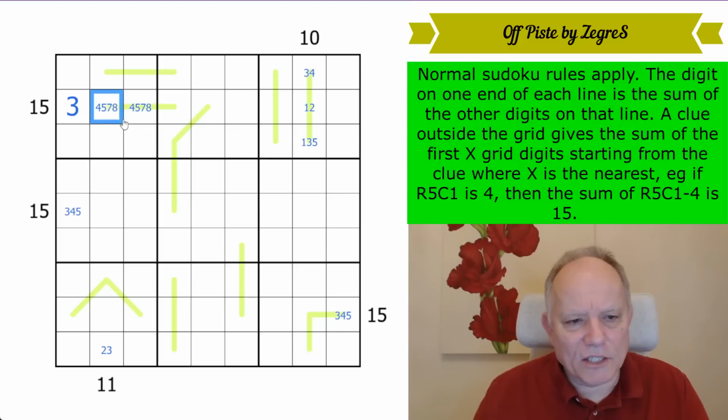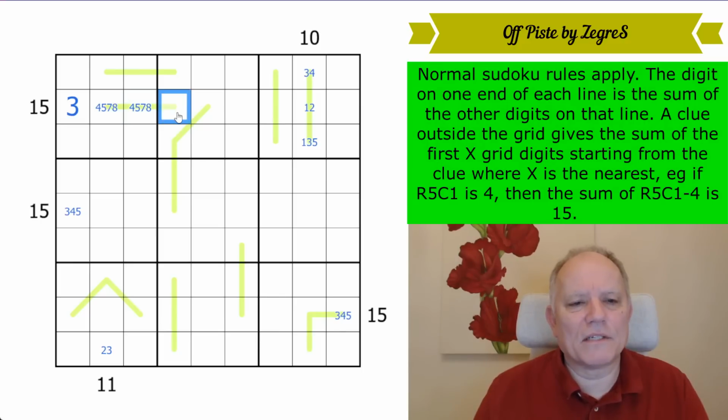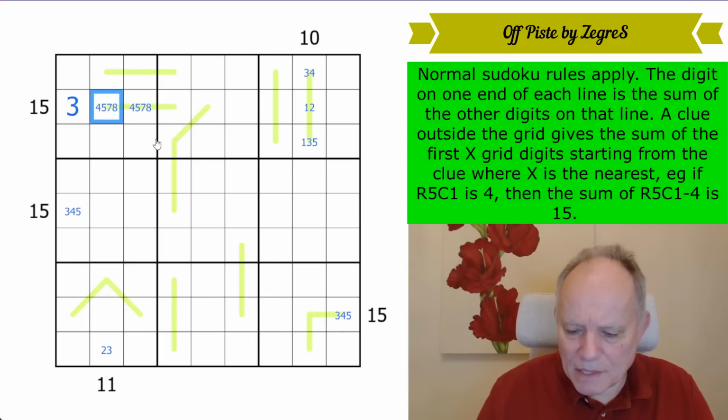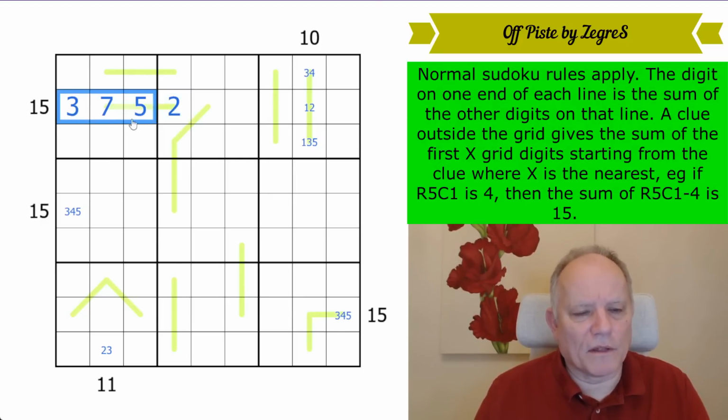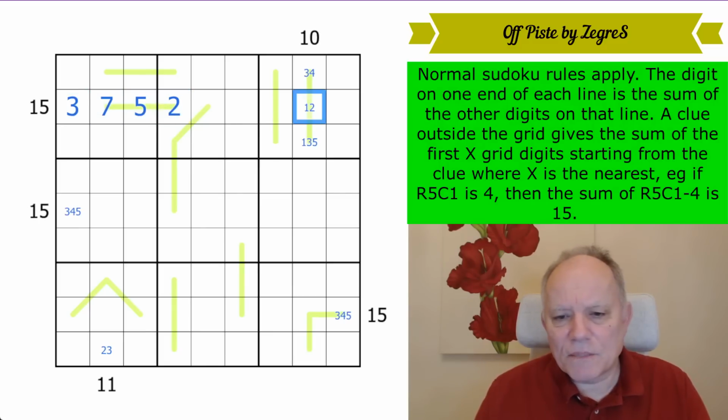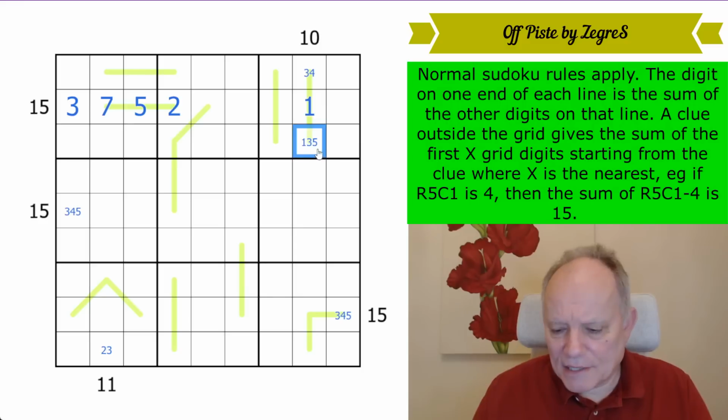This is the higher digit. And it cannot go 8, 4, or we would bounce into another 4. So it must go 7, 5, and then 2 to make the arrow work. So we've got the X sum to work. The first 3 cells add to 15. We've made the arrow work because 7 is the sum of 5 and 2. This digit becomes a 1, and that is telling us